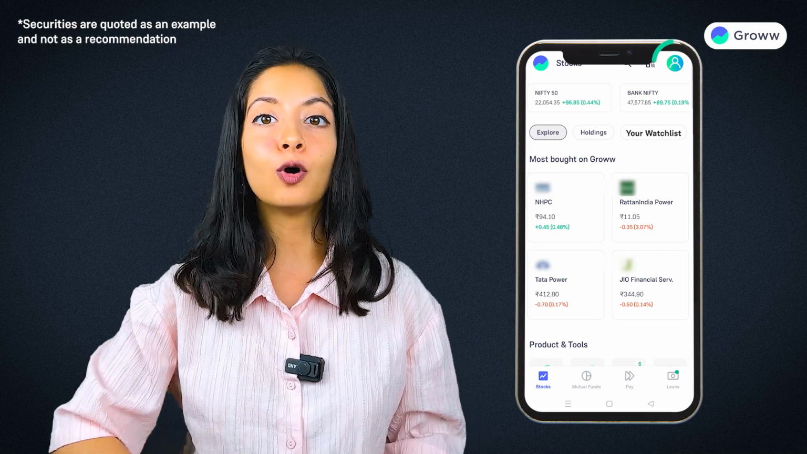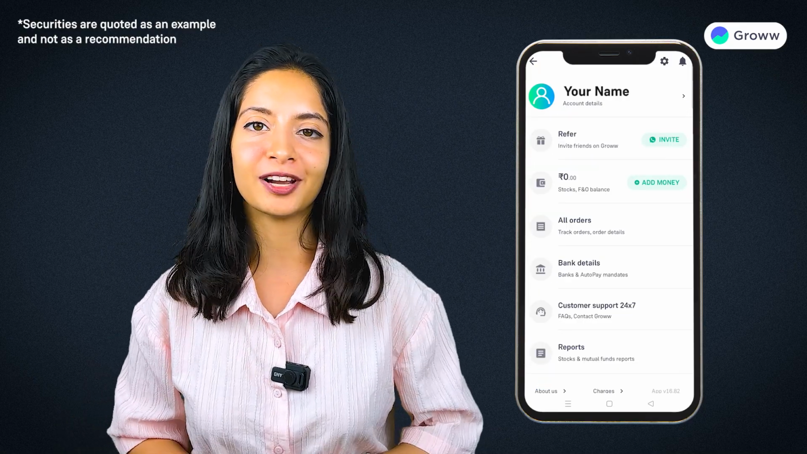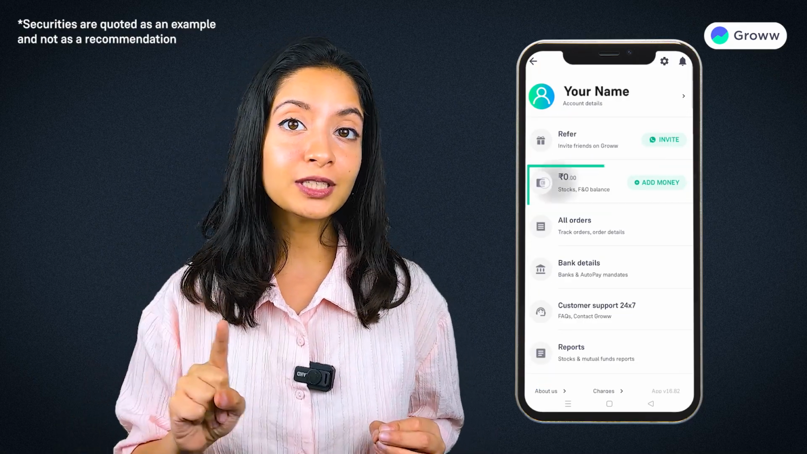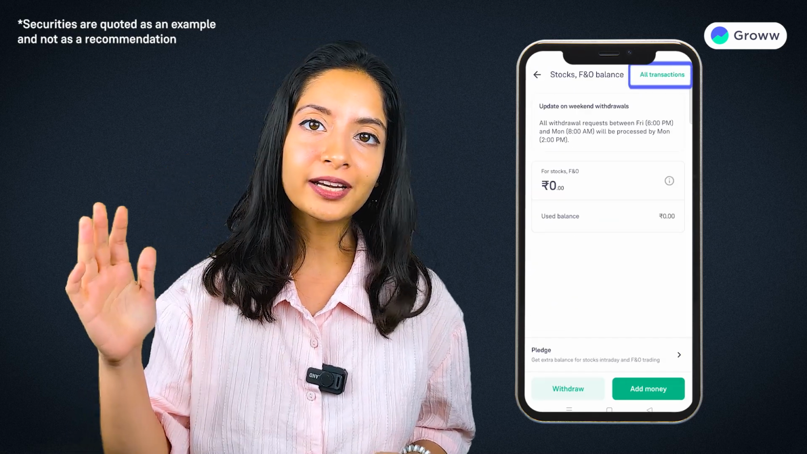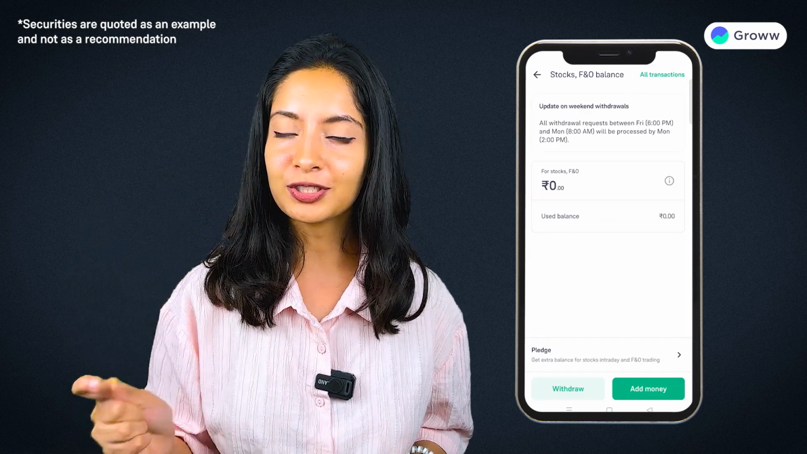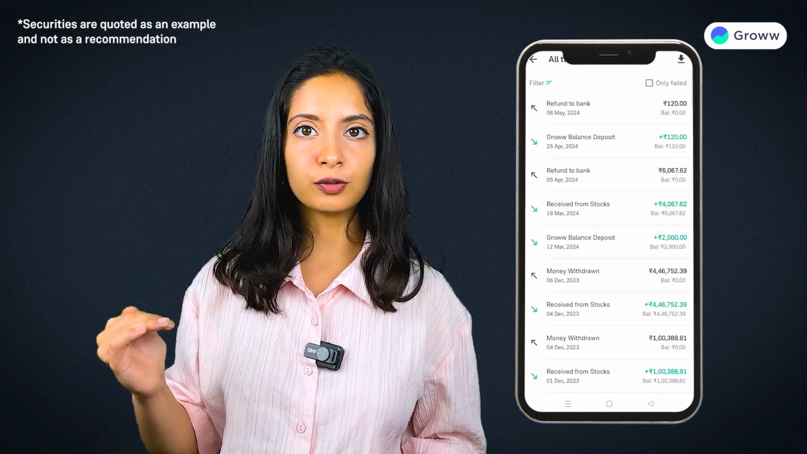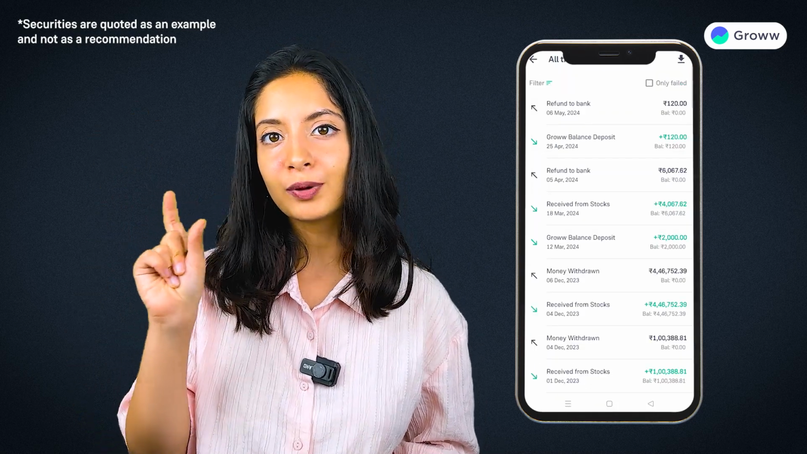As a first step, log into Groww app and click on your profile. Now click on the wallet sign where you see your Groww balance. Here on the top right hand corner, you will see all transactions. Click on that. Now go through the list of transactions and click on the withdrawal request that you wish to